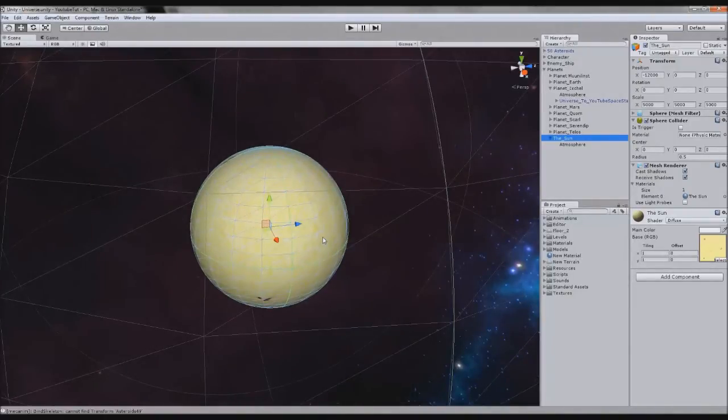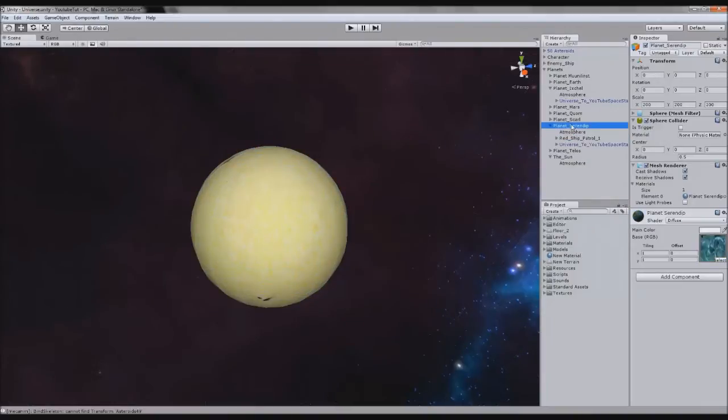Now if any of you have ever heard the expression, the sun is a big ball of fire, well, we're going to take that right to its point and actually make the sun a ball of fire, because it looks so cool. But we are going to keep that there, because it looks even cooler while that's there. So, really easy to do. But first thing I want to check is